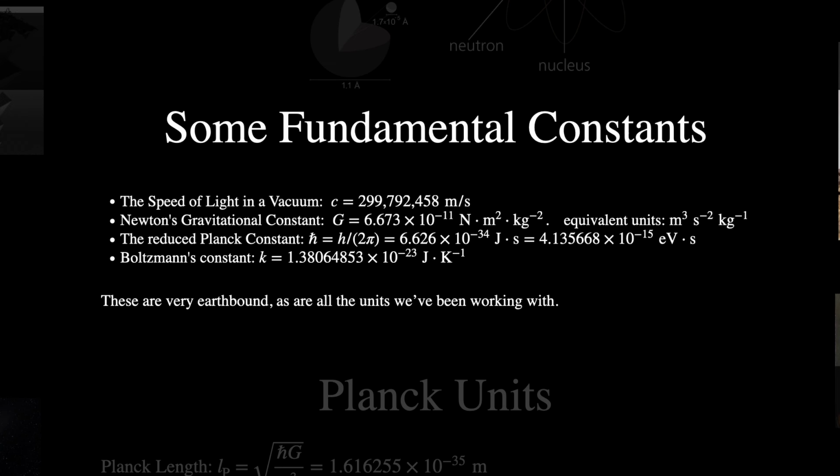squared per kilogram squared. And that's an interesting thing, because the equivalent units are meters cubed per second squared per kilogram. It's interesting that you have meters per second as a fundamental constant, and something that has meters on the top and seconds and kilograms on the bottom as the equivalent units. Newton's gravitational constant obviously is the thing that relates the force due to gravity, as discovered and elucidated by Newton when he said the force between two masses is proportional to their masses and inversely proportional to their distances, and that proportionality constant is this